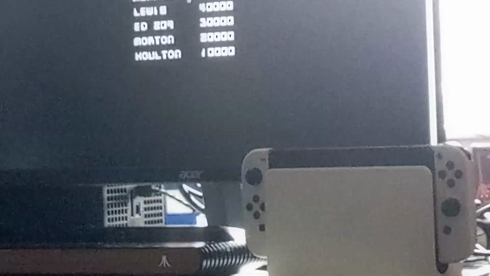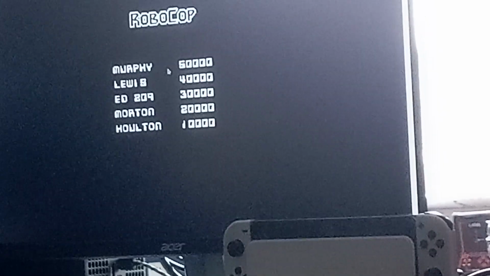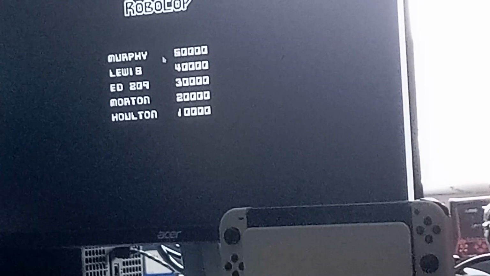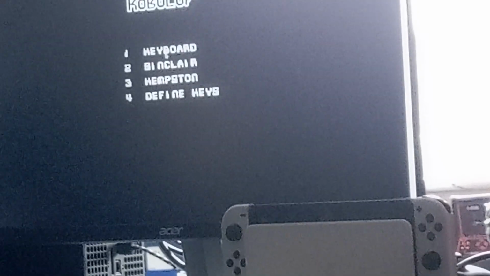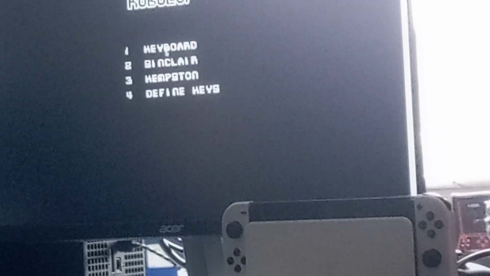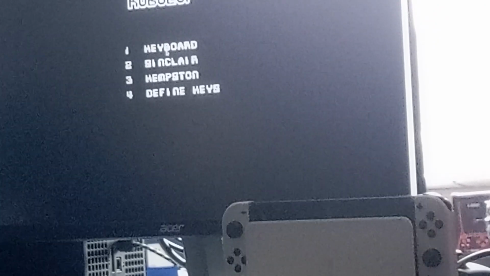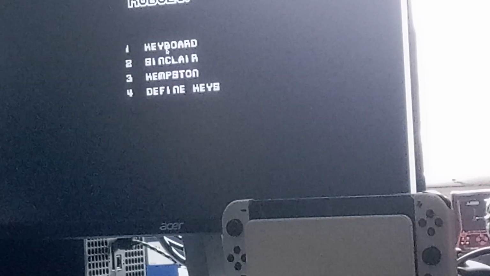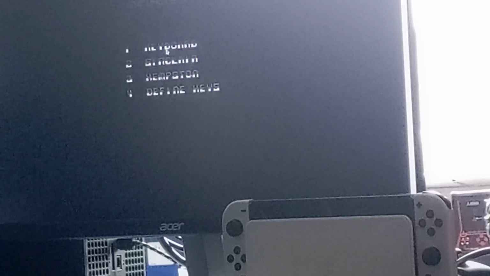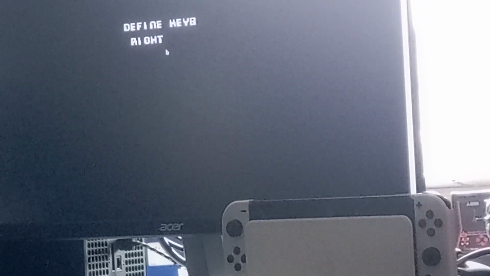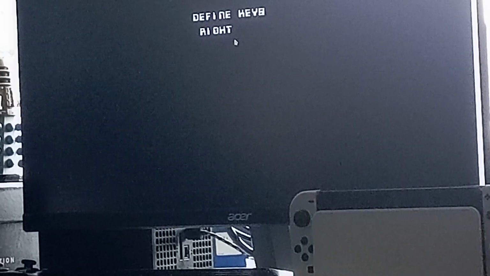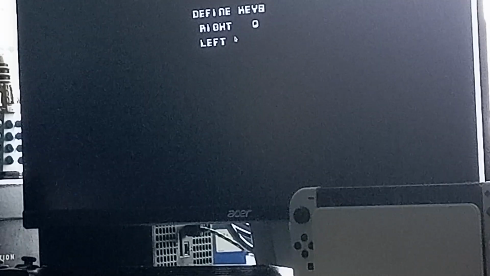Murphy, Lewis, Ed 209, Martin, Holden. Okay, so press enter, yeah. I'm going to press now. We can define my own keys if we wish, which I'm going to do now actually. You know, so I'm going to press 4. So we can choose what keys do what, which is pretty cool, you know. So I'm going to Q for, sorry,